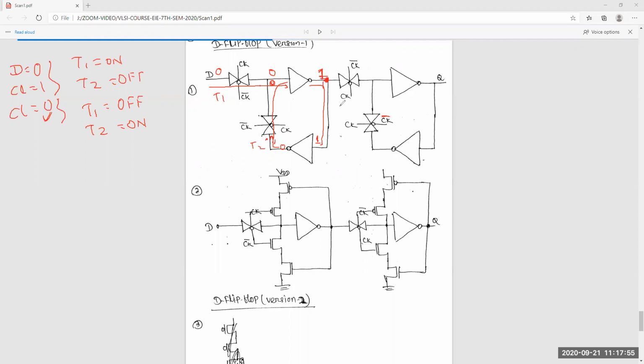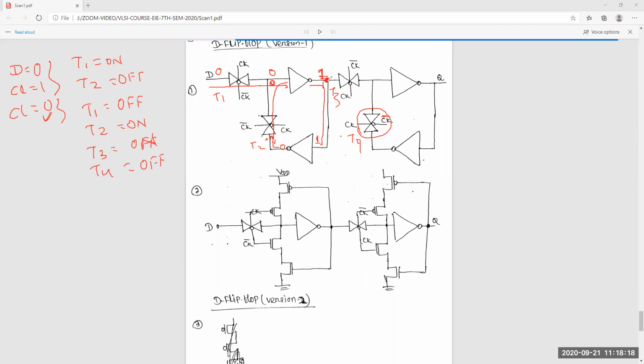When clock is equal to 0, this will be off. Suppose this is T3 and T4. So T3 is on and T4 is equal to off. Now you say this is latched at one value.